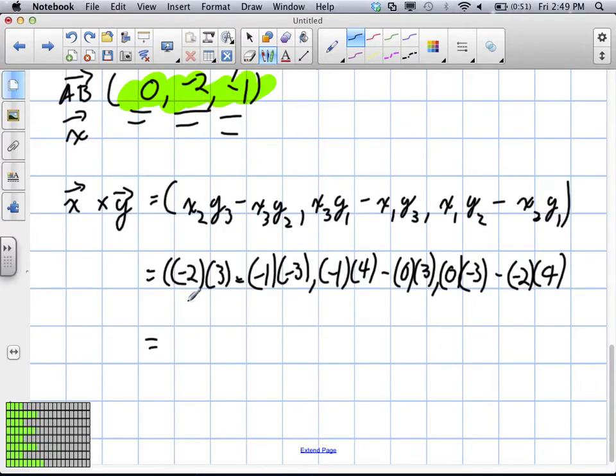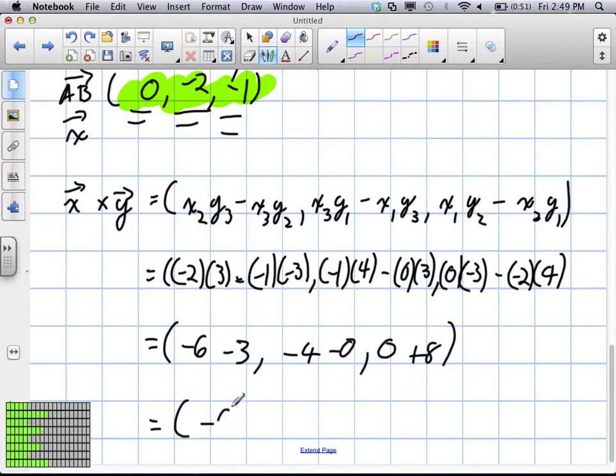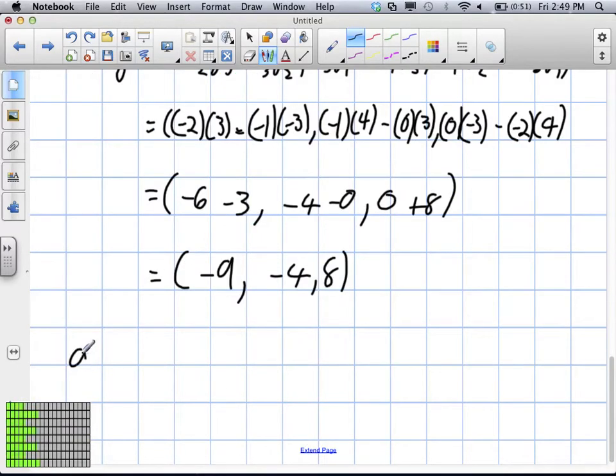Then we find our 3 components. This becomes -6, still minus 3. -4, subtract 0, 0 plus 8. We get -9, -4, and 8. Those are the cross products of that. And from there, we've got to find the magnitude of it still. So the magnitude of x cross y